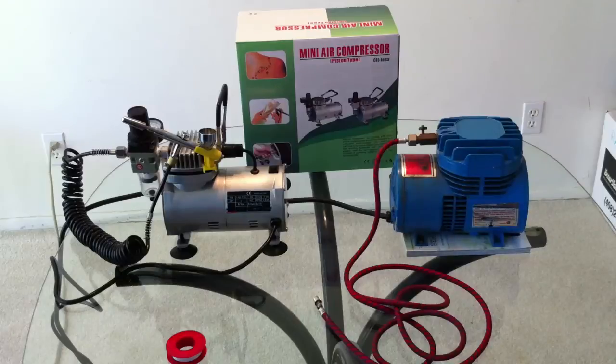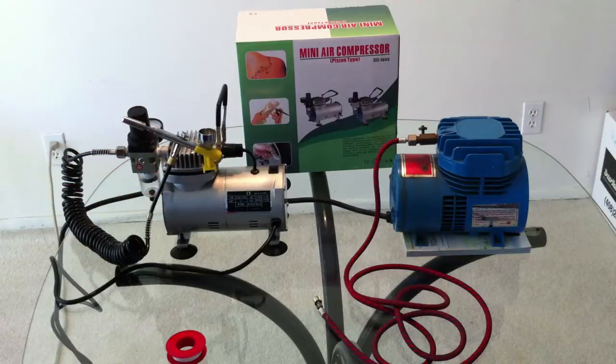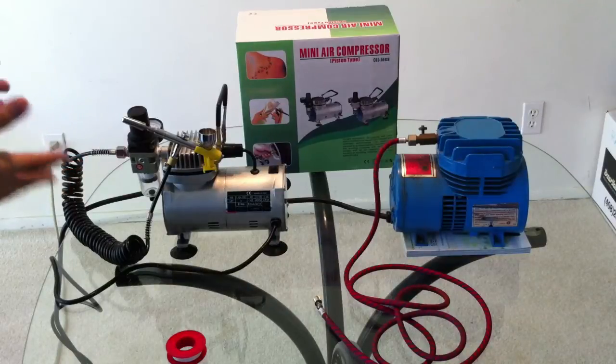Now, where I think the Iwata SmartJet is better than the Scorpion 1 is noise level. This thing lists at 55 decibels, but I think it might be louder than that. So if noise is your number one concern, you might want to consider the SmartJet, even though it is around $100 more. From what I saw on eBay, they usually run for around $234 unless you can get a really good deal, like somebody just needs to get rid of their SmartJet. So that's something to consider. But I'm sure all of you want to know how loud this thing actually is,